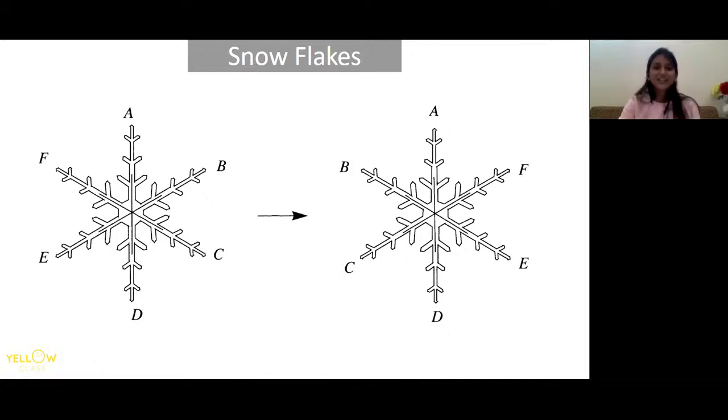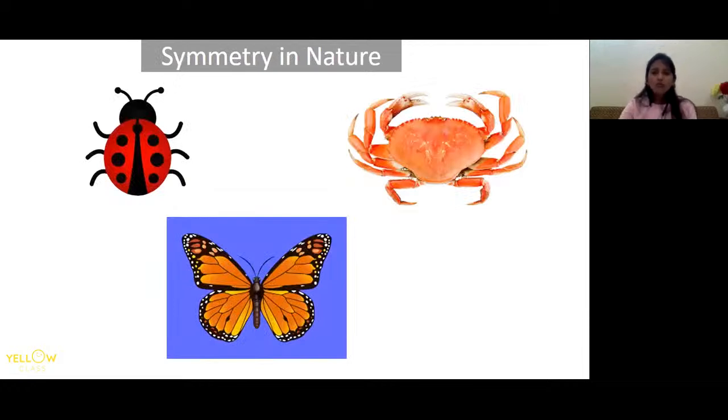Can you imagine? Okay. Oh, why are these insects there on my screen? Are they also symmetrical? No, no, ma'am. No. You are thinking, what? These are also symmetrical. Yes, children, these are also symmetrical. Yes, the ladybug, the crab, and the butterfly. And the yellow line shows the line of symmetry, which means the left side and the right side along this line, they are the same. Yes, they are the same.